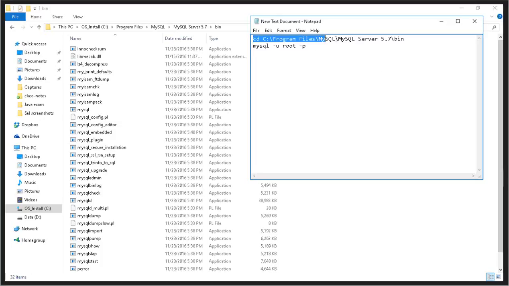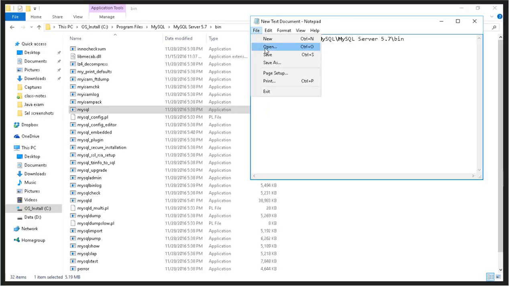This will basically navigate to your folder over here, inside your bin folder, and then it'll execute MySQL, which is this right here, and then it'll type in u as in the username. That's the user I use. If you use a different user, you can just change the name over here, and then -p for the password. So once you do that, you click on File and Save As,